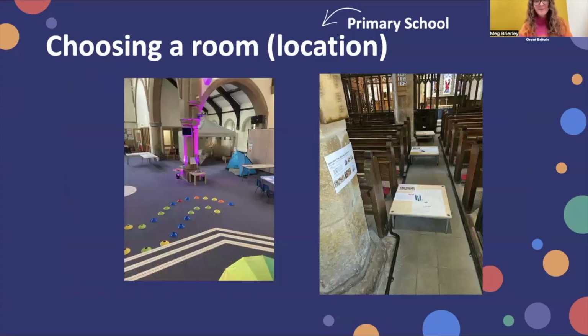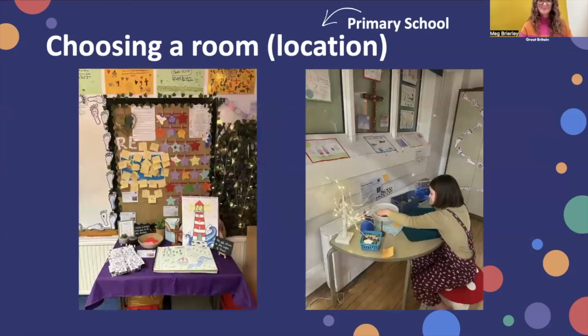These are two examples of using a church, where you can't necessarily alter the space as much because you've got really high ceilings, perhaps furnishings already in place. There may be pews, maybe there's not, but it can be a really good way of hosting a large prayer space without having to use up any of the school environment.